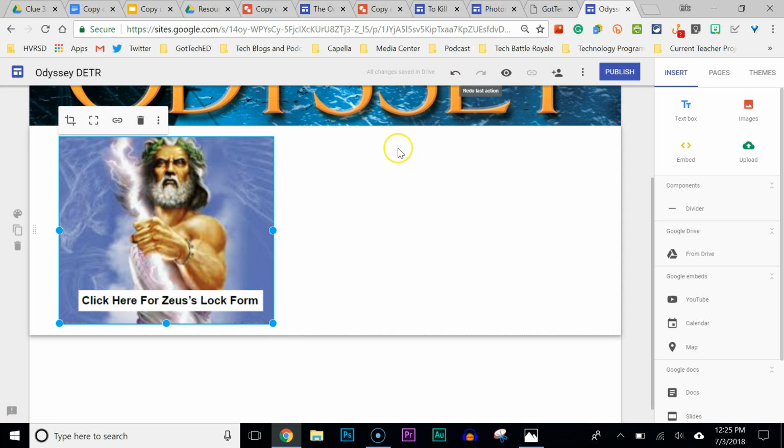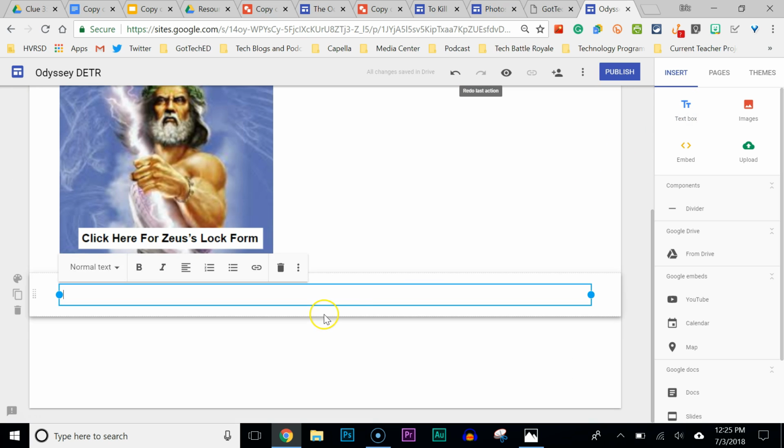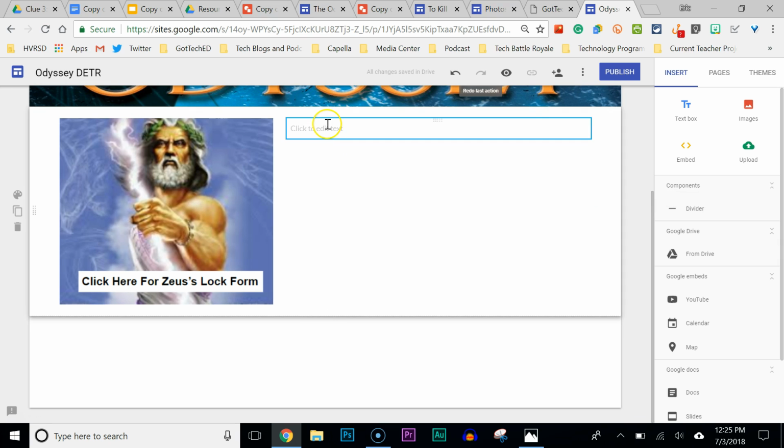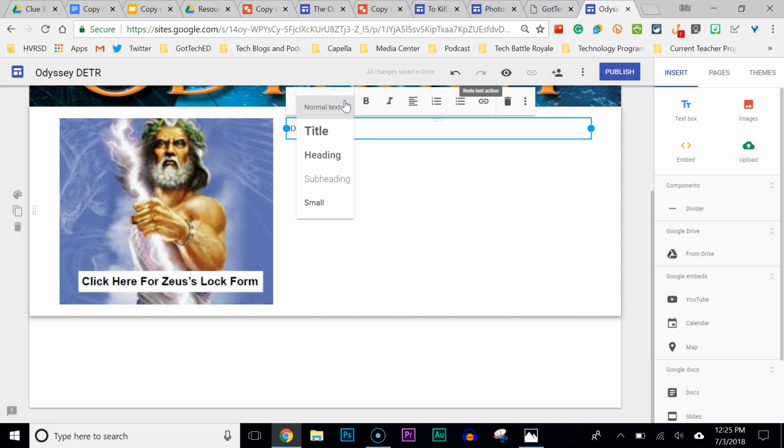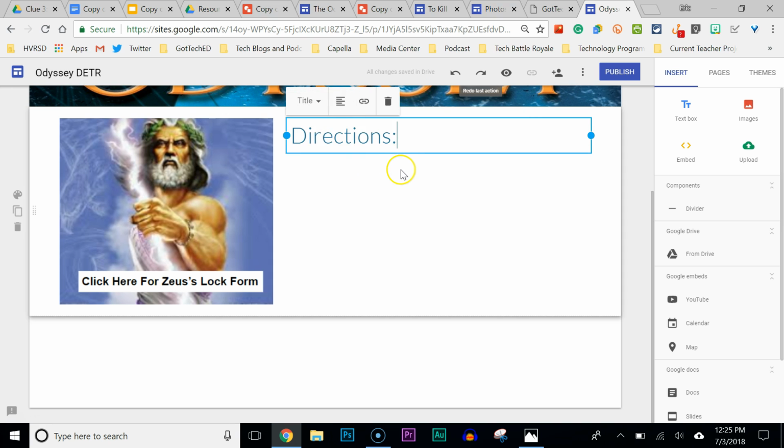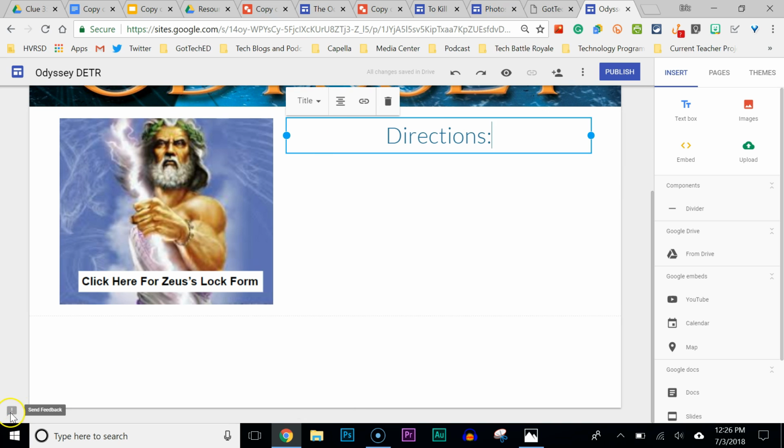All right, from there we want a spot where we could put our directions. So what I did is I just clicked on text box, and then what we could do is just drag it up next to it, and we could put directions in there. And what we'll do here is we'll just go ahead and add some directions. Make sure that you play around with the text to get it the size that you want, to get it centered however you want. And once you're done with that, come back to the video and we'll keep setting up